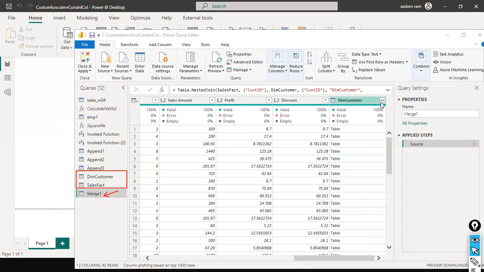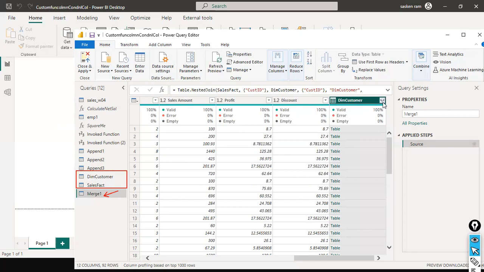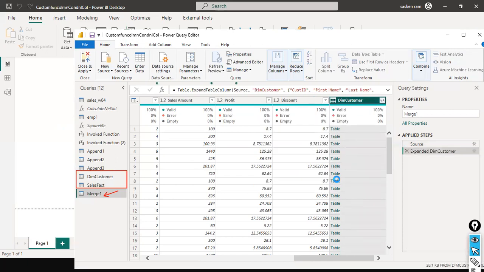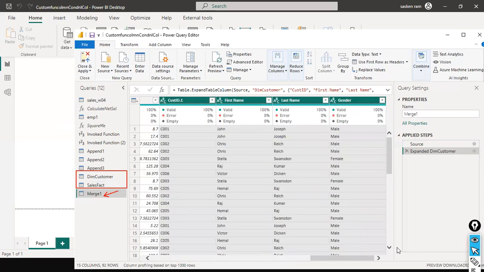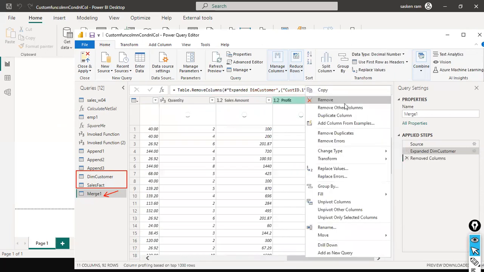What you need to do is click on this double arrow once, sorry. Okay, and then you need to unselect it and hit OK. This is called expand table. Expand table. In the interview, they will ask you what is expand table. And here, yeah, the first name. I don't need the gender. I don't need the